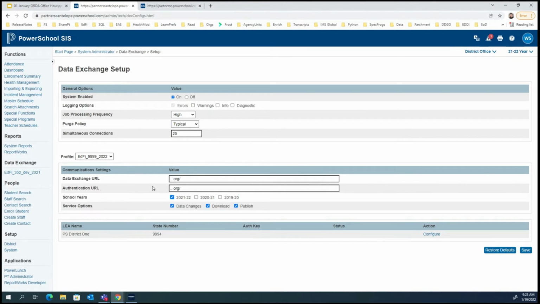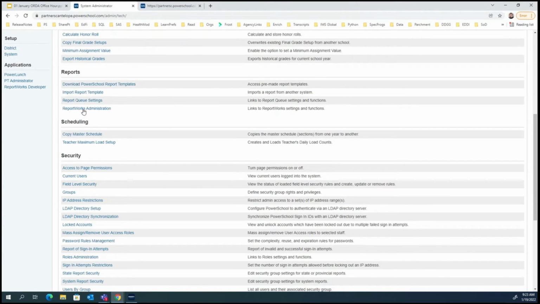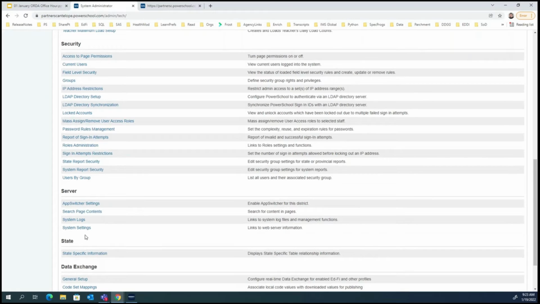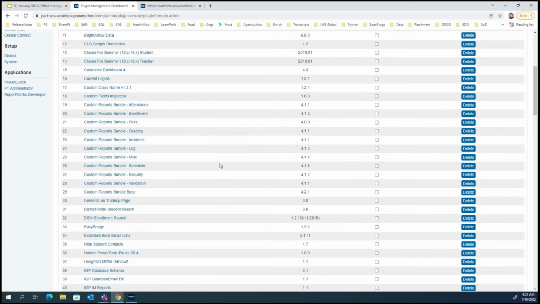The next thing that we're going to do is go over to our dashboard. What should happen, if you didn't have this already, is there should be this data exchange section in your navigation that has a link to your dashboard. Now, I'm going to take a minute to go back. I'm going to delete this sample profile that I created and re-enable the previous one because I don't want to create confusion since we already had one created. Forgive me, give me one second to do that. And then we'll see what the dashboard looks like.